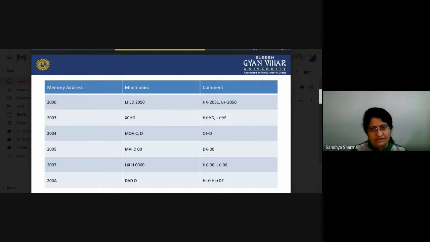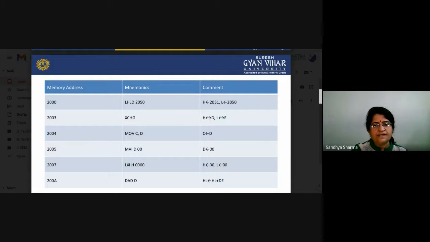Then you have to exchange D with H and E with L, so the DE register and the HL register are exchanged, and move D to C. The content of D will be moved to C. Again, MVI D 00, so initially you move 00 into D. Then LXI H 0000, so H is 00 and L is 00.